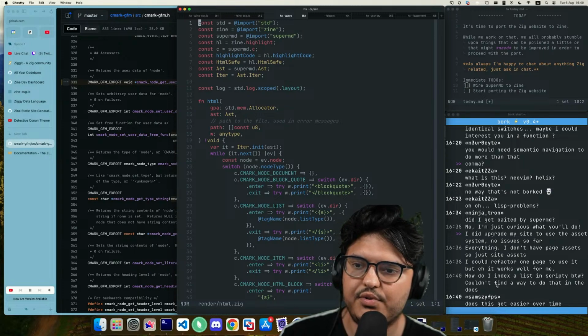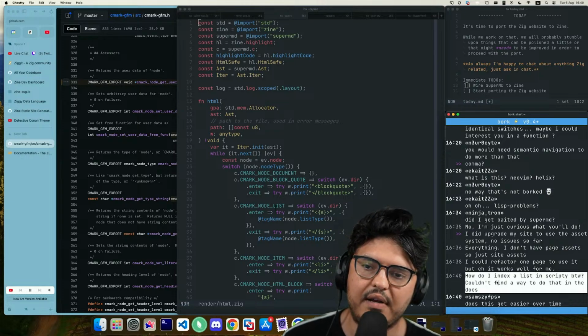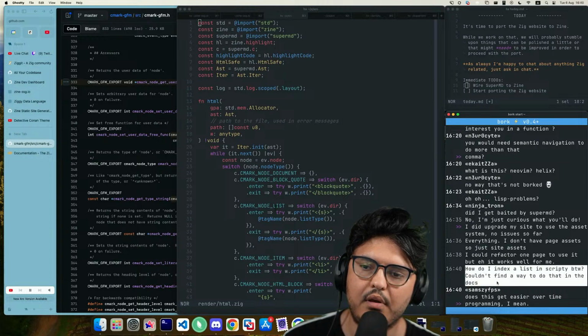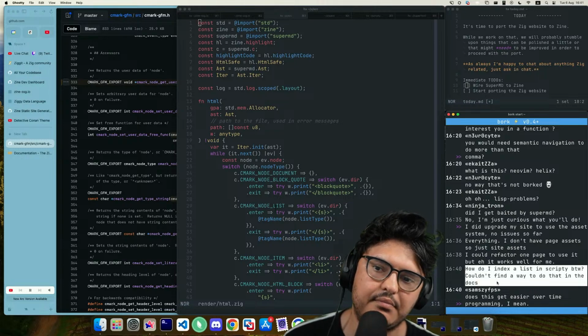Okay, let's see. How do I index a list in Scripty? By the way, couldn't find a way to do that in the docs. I believe that right now you cannot. What is your use case? Why do you want to index a list? You can. So if you're looping over it and you need the index of the current element, you can do $loop.idx.